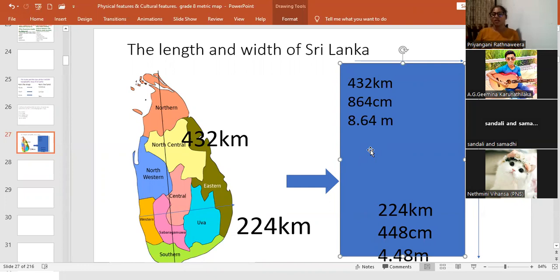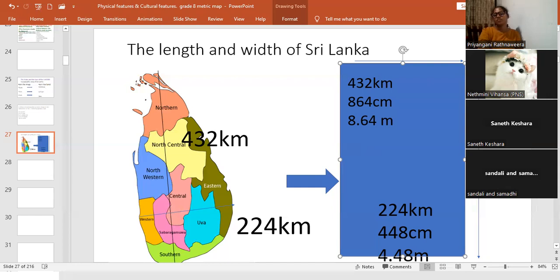So, Sri Lanka has been divided into 92 map sheets. Can you understand? Sometimes it may be a question in your Part 1 paper also. How many map sheets are there? There are 92 map sheets. Sri Lanka has been divided into 92 map sheets due to this problem. We can't draw one map sheet. It is very difficult to use. So, it has been divided into 92 map sheets. If you have any question, you ask.